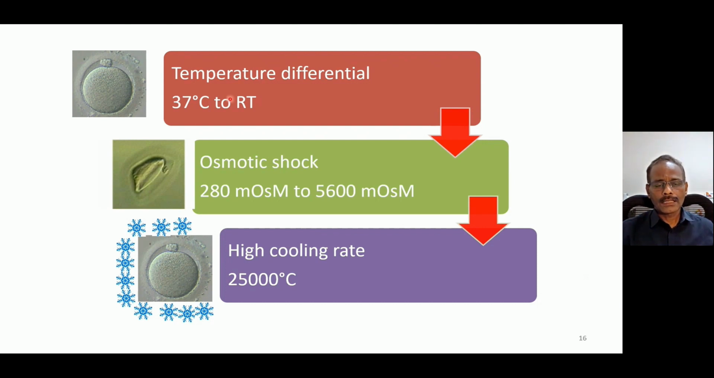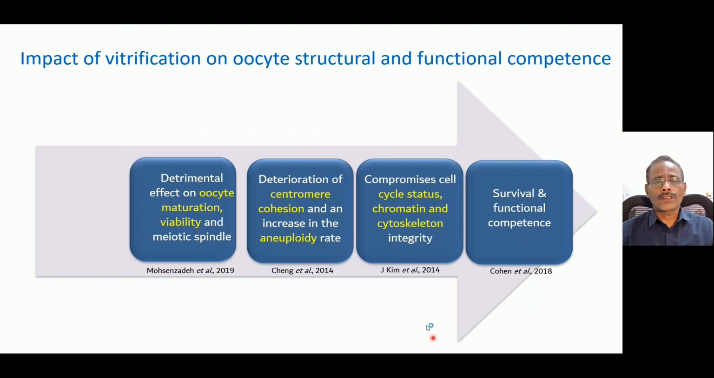So these are the supraphysiological changes which happen during the process of vitrification. There is a temperature differential from the incubator temperature of 37 degrees centigrade. The oocytes are brought down to room temperature and then immediately plunged into liquid nitrogen with a very high cooling rate. There is also an osmotic shock from 280 milliosmol to 5,600 milliosmol. These supraphysiological changes may have a significant impact on the structural and functional competence of the oocyte. There could be an impact on oocyte maturation and viability. There could be deterioration of centrosome cohesion, and a high risk of aneuploidy. There is impact on the cell cycle, chromatin architecture, and cytoskeleton, and eventually the survival and functional competence of the oocytes